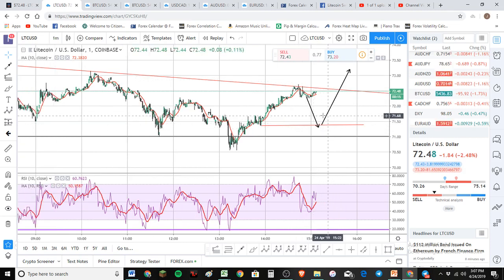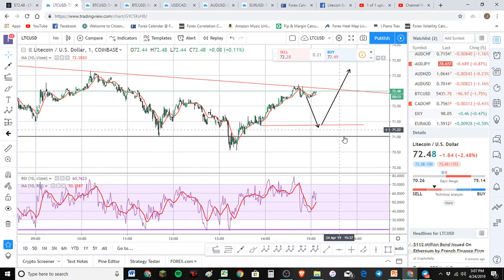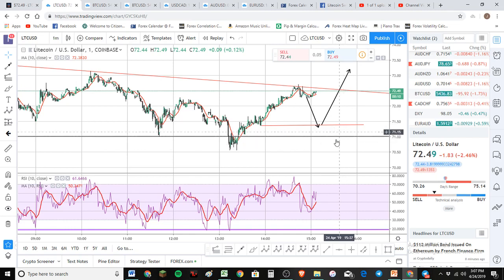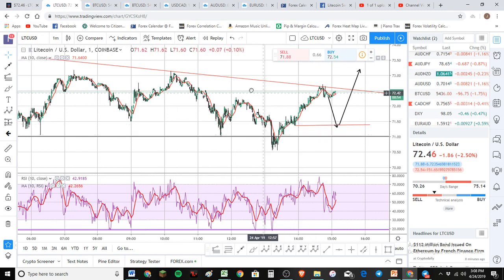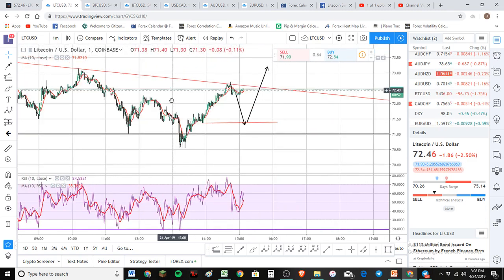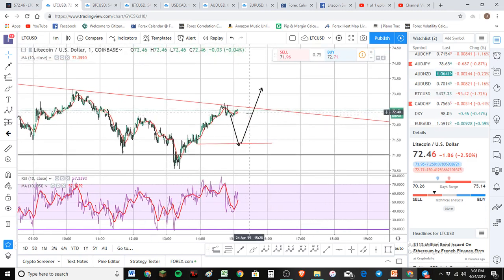If price starts going our way a little bit and then reverses, this trade is nullified, and we're going to have our stop loss below this low right here. So we've got a very short stop loss right here. If price continues to go down, then this count is incorrect. So that's what we're looking at. But I think this is going to be a high probability trade. I'm not sure if it's going to be long term or short term, but it's a good setup setting up